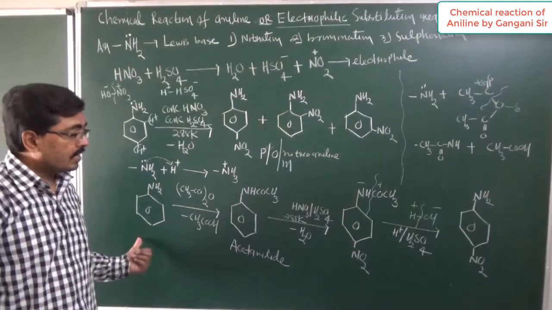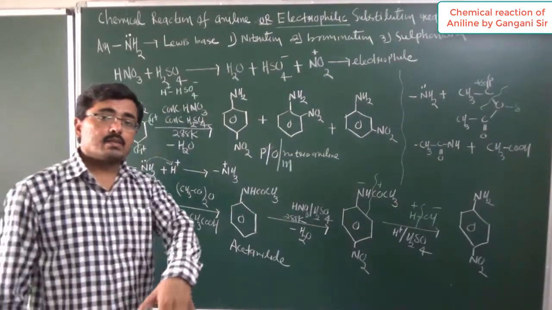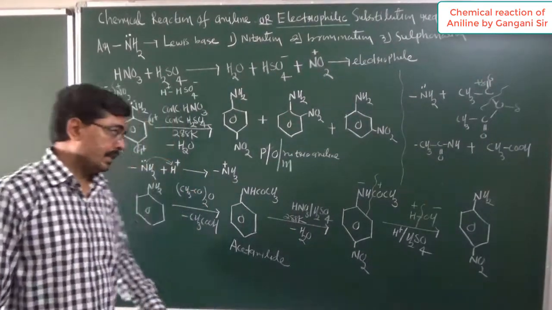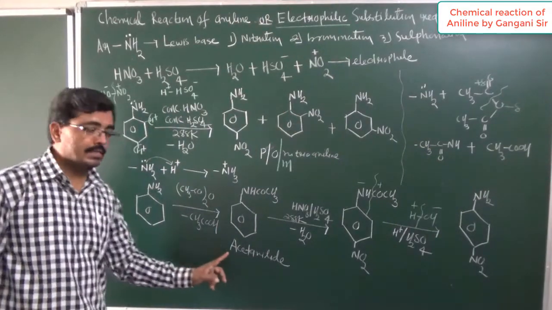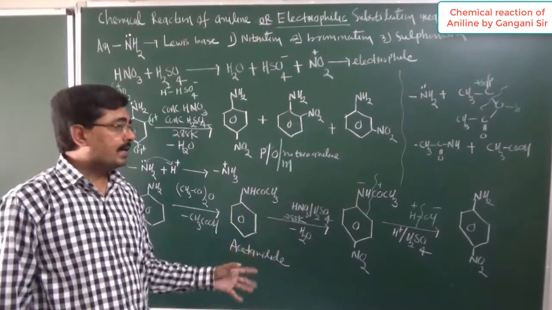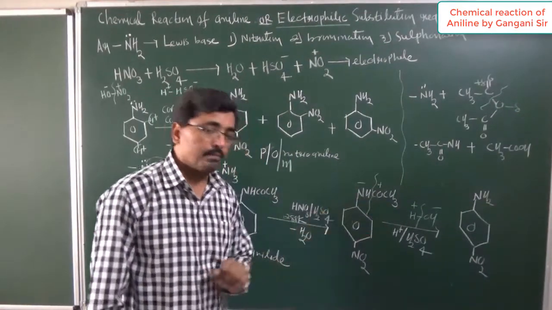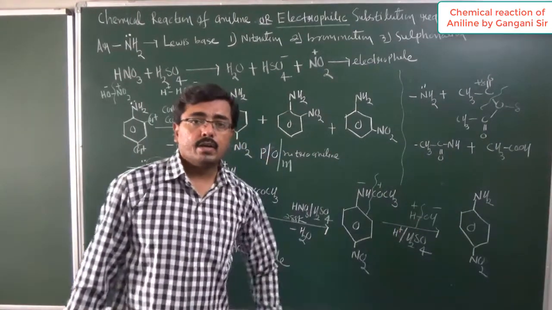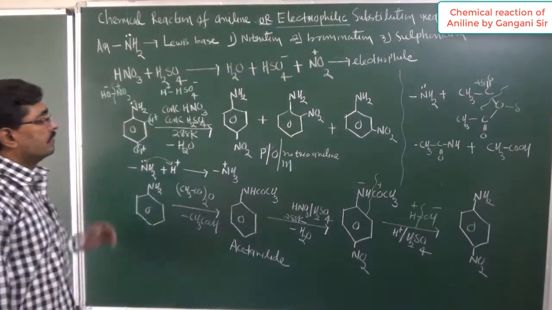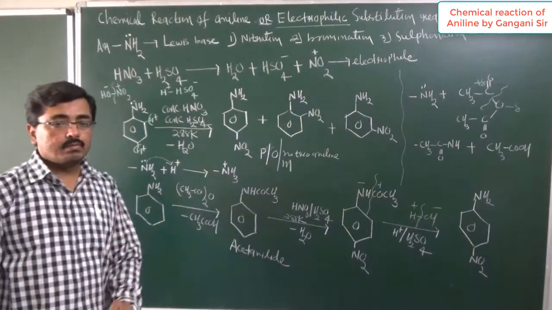Dear students, this reaction is most important. In TY BSc, suppose you will take a chemistry, then this practically you have to perform. First, by using aniline, you will prepare acetanilide. In one step, I will obtain. Then in second step, hydrolysis of this para-nitroacetanilide, I will get para-nitroaniline. So this way, nitration of aniline is performed.